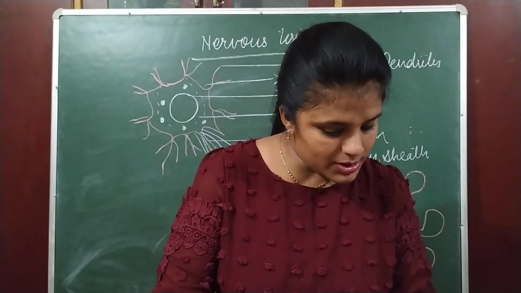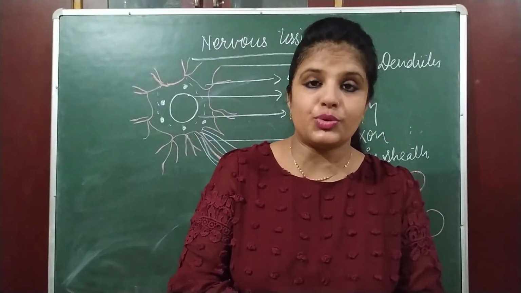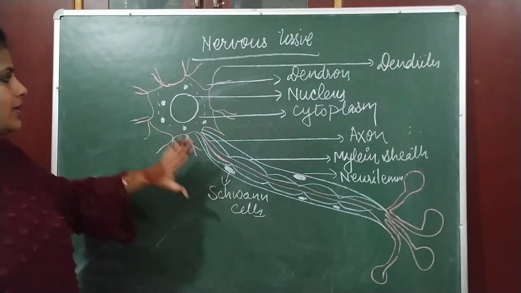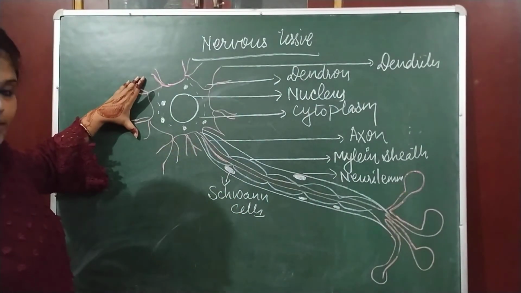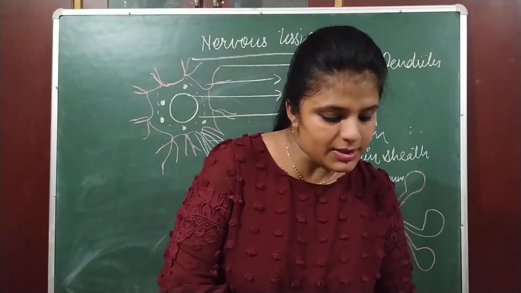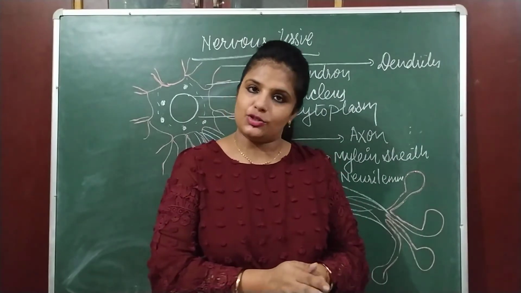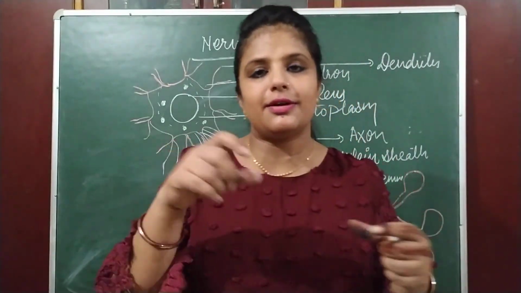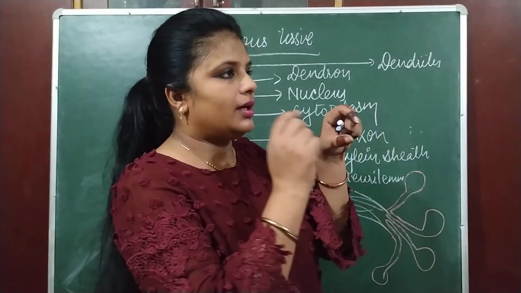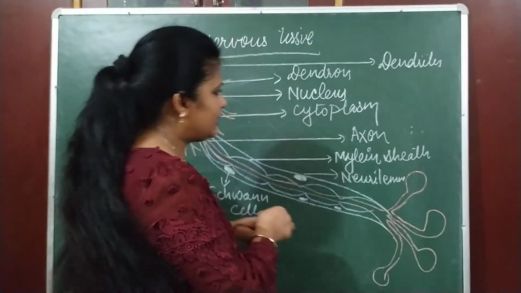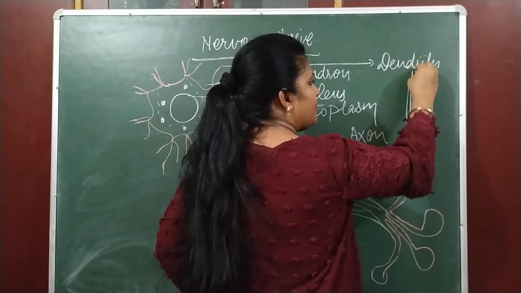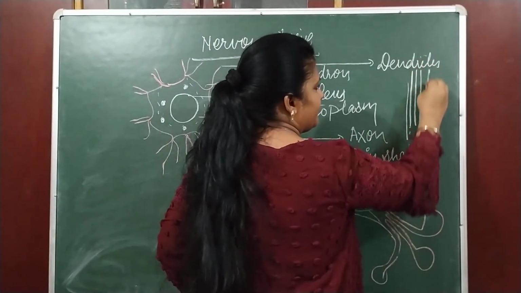Nervous tissue is divided into two parts. One is the cyton region and one is the axon region. Cyton is the cell body and axon is the long fiber-like structure. Neurons enclosed in a sheath are known as nerve fiber, and these nerve fibers combine together to form a nerve. What is a nerve? Suppose there is a pipe. In that pipe, this is a nerve, and inside this nerve there is a bundle of nerve fibers.